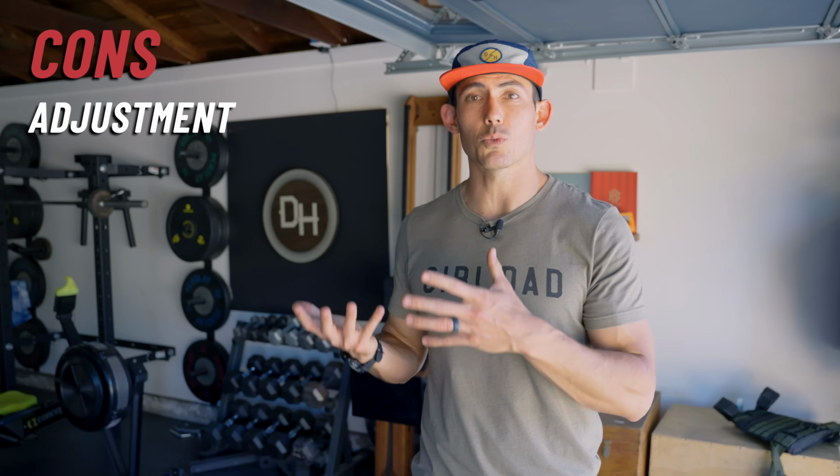And you're moving and working with that element. So there's a piece of that just feels very real and tangible. And to that, I gotta give water-based rowing machines credit. Now, on the con side for water-based rowing machines, number one with that comes the inability to really adjust resistance